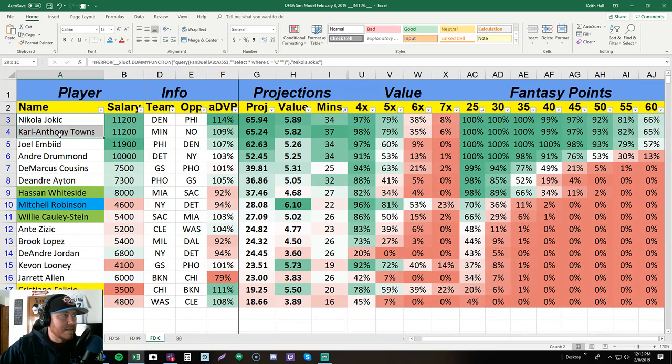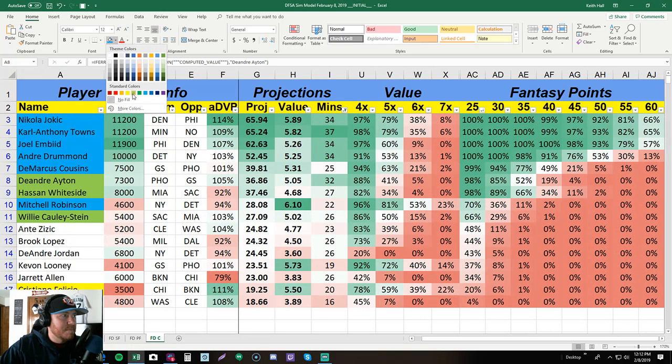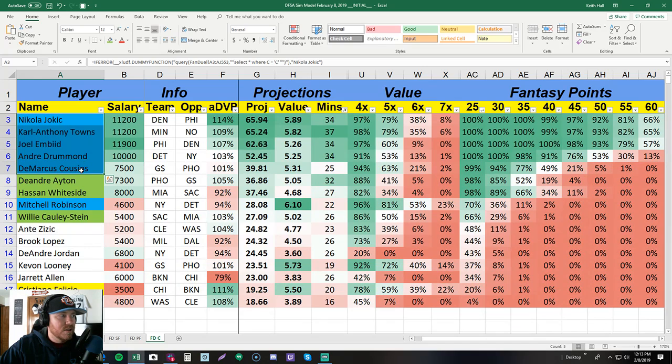So right now, these guys right here for me, they're all in really good matchups and everything. They're all cash game type plays. This guy's a cash game type play. I mean, I guess you could play Boogie in cash, but he would be more of a tournament type play. And when I do these, they're both viable in tournaments, but I make it known that I like them in cash as well. Ante Zizic against Cleveland,